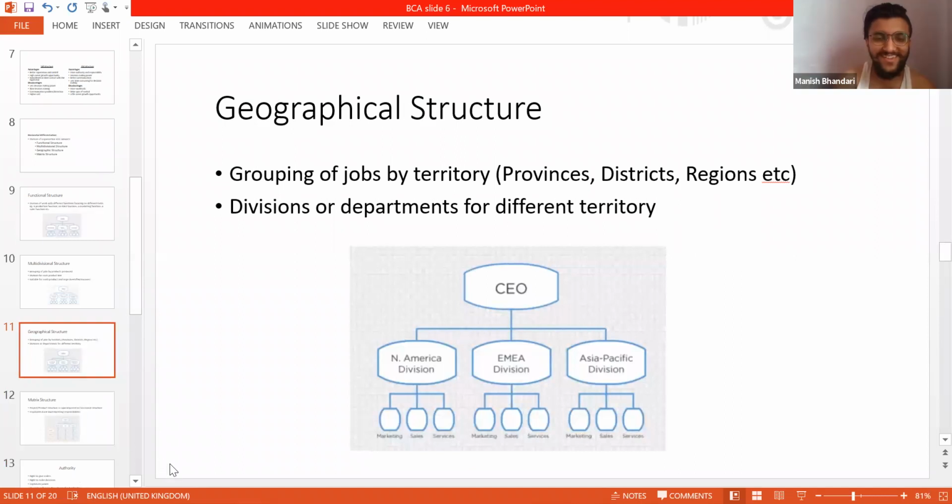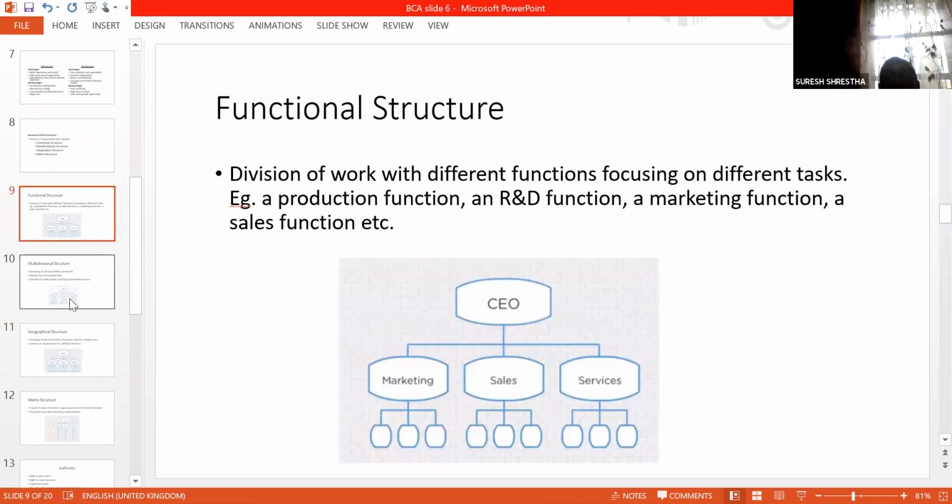Yes, sir. Somehow, sir. यो दुईटामा फरक, यो दुईटा स्ट्रक्चरमा फरक